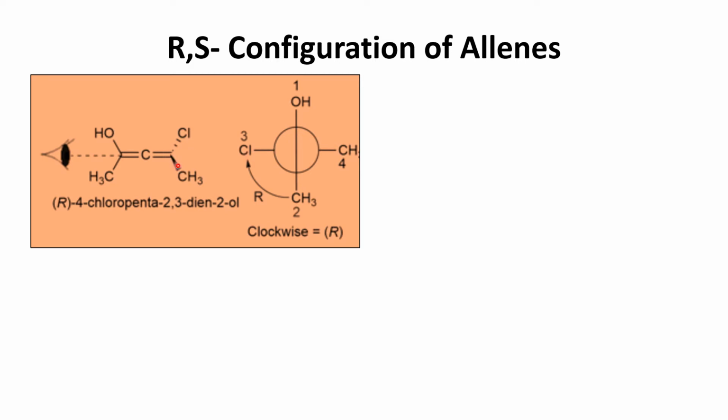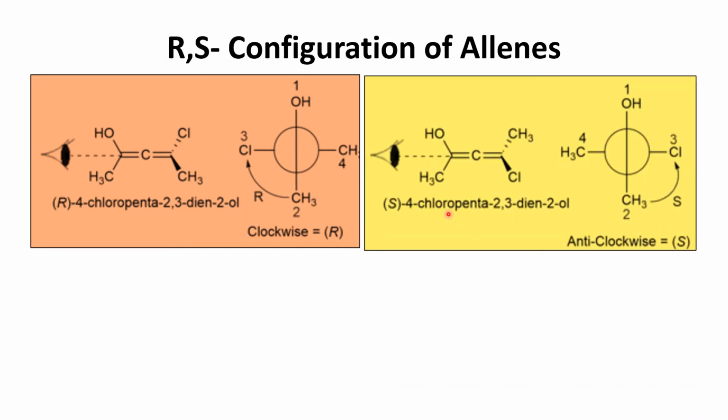And this solid wedge always has to be on the right side. If you see this side, this CH3 should be on the right side, this goes this way, okay, and Cl will be on this side, away from the view. So 1, 2, 3, 4, this should be our configuration. And if you view the same compound from this side, the configuration is changed. Otherwise you can do it like this also. If you view this way, this becomes how it should be.